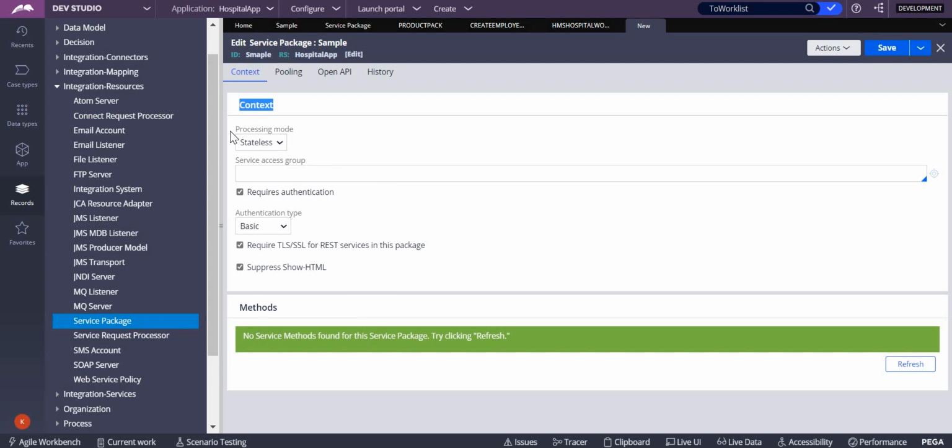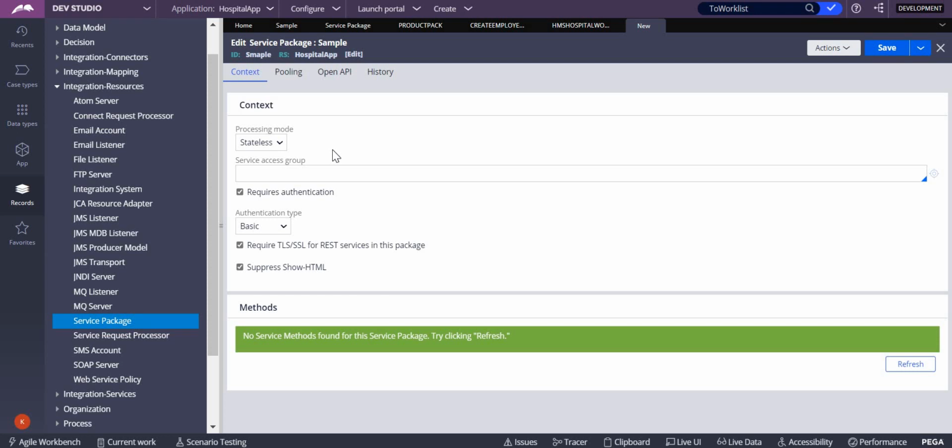So let's first come to this context. In the context, talking about processing mode, you have stateless as well as stateful. So when to go for stateless and when to go for stateful? Basically, when we are working with the service packages, we need to know about the pooling of the requestors.